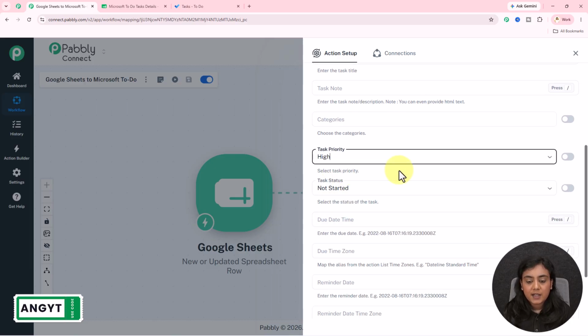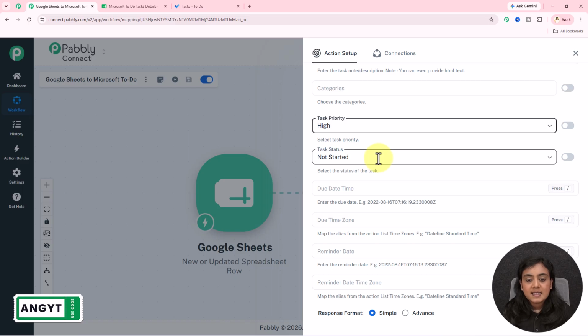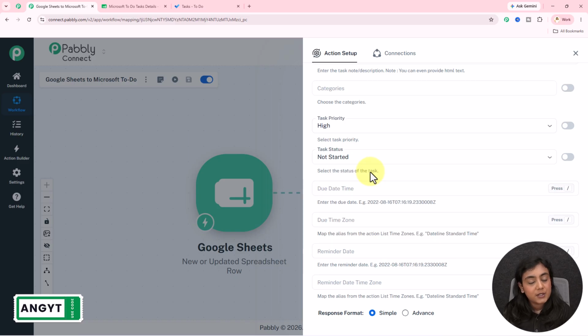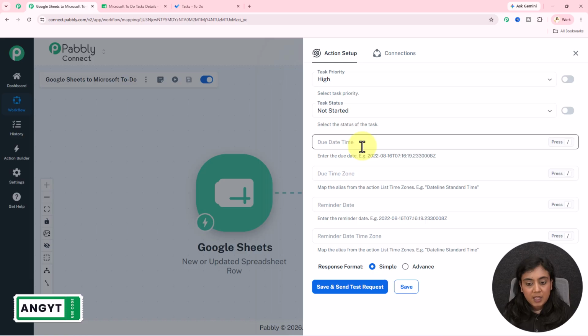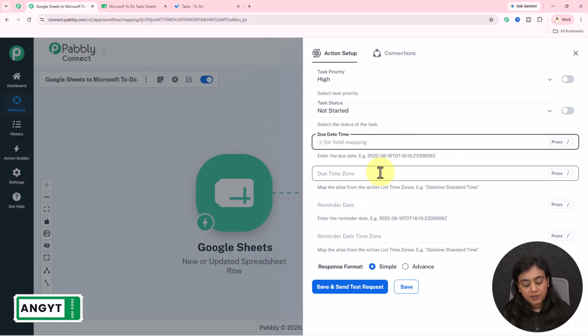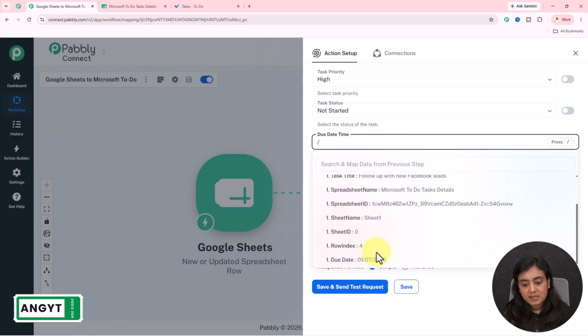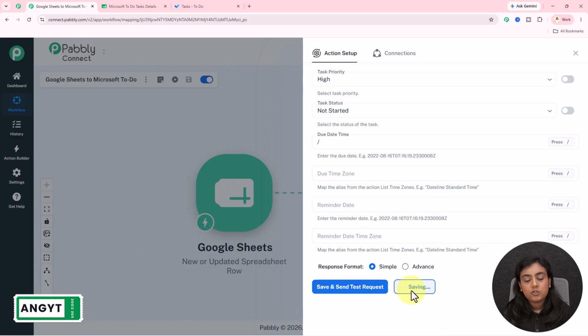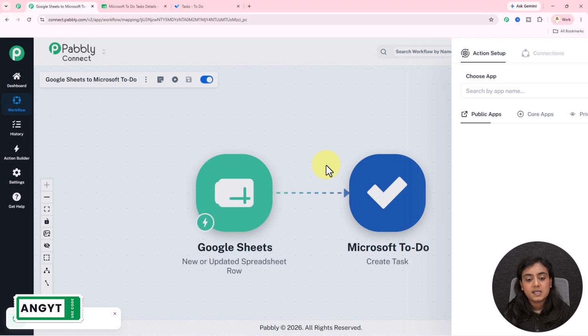Priority is going to be high, so I'm going to write over here as high. Status is going to be not started, because this is a new task that I'm creating. For the due date, we have to enter the due date in this format, in a UTC time zone format right here. But I have the due date in the previous response in this simple format. So we are going to change this due date from here, save the step, go back and add an action step,